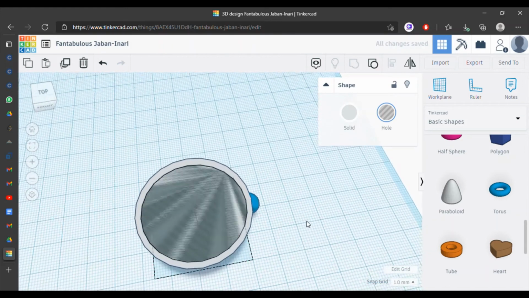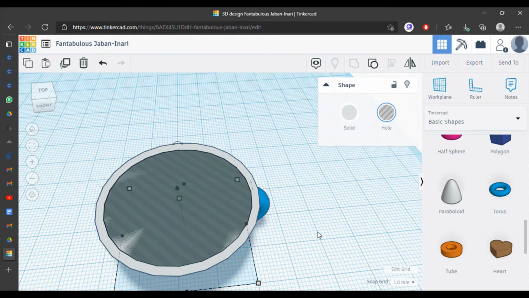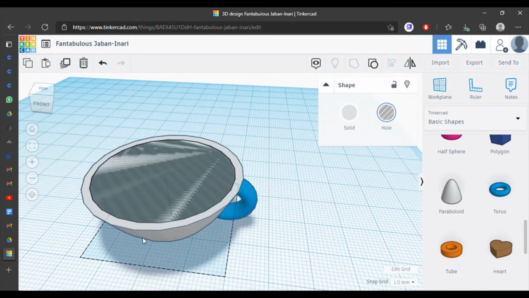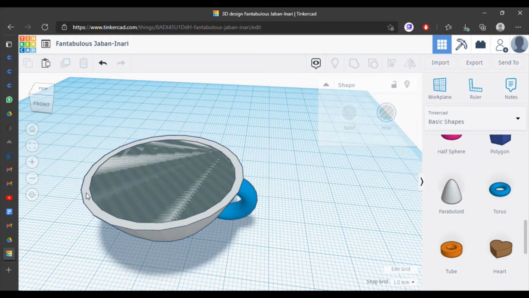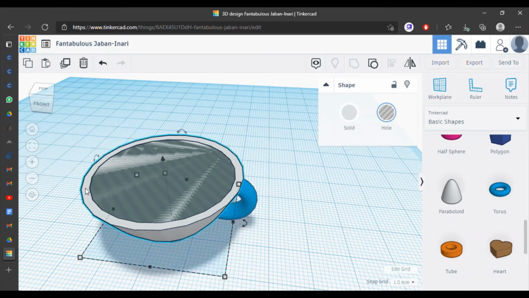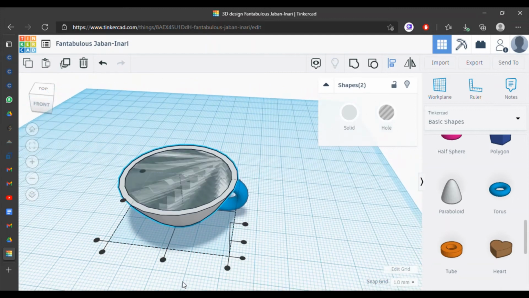So I think this is the middle, but if you are facing a problem finding the middle, what you can do is select both of them together, the hole and the solid together, by pressing shift and selecting both of them, and clicking this align button, L. Okay, the shortcut is the L key, align button, and then you can use these dots.